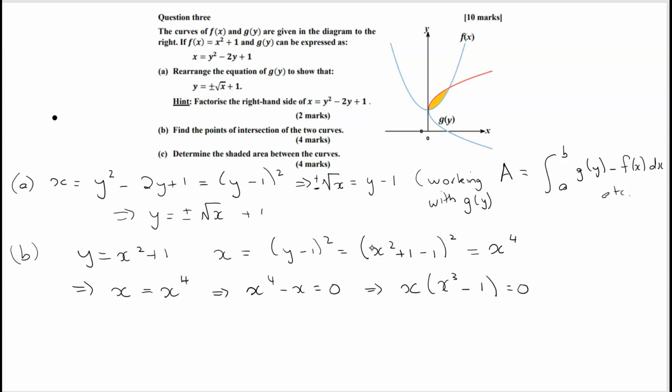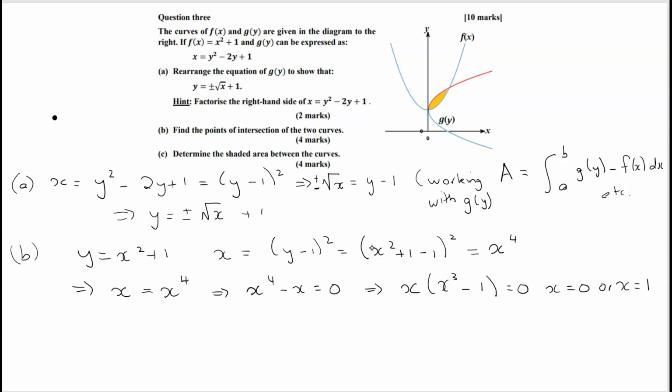So then x equals 0 or x equals 1. And you should be able to see from the diagram that x is indeed 0, but that you do need two answers. Once you've got the x values, you need to find the y values as well, because you're asked to find the points of intersection. Yes, for the rest of the question you need the x values,